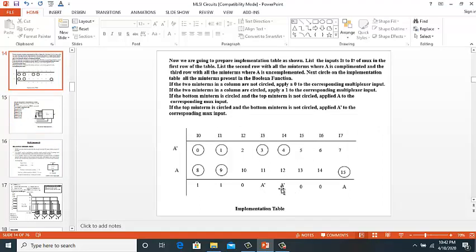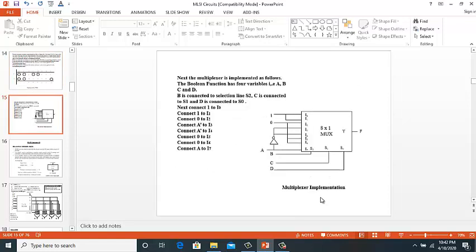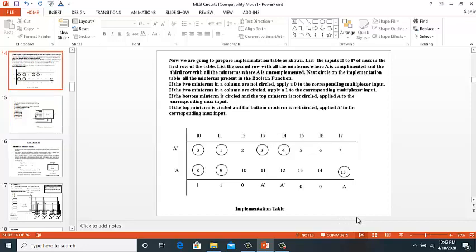Next we see that I2 is equal to 0, and similarly I5 is equal to 0, I6 is equal to 0. Then we see that input I3 has A bar and input I4 has also got A bar.